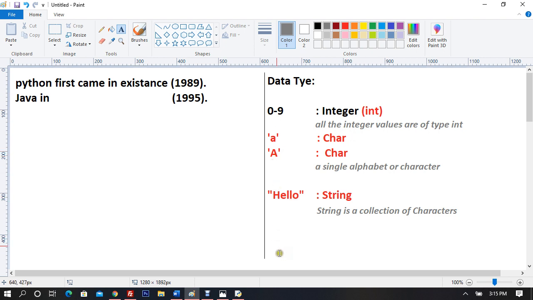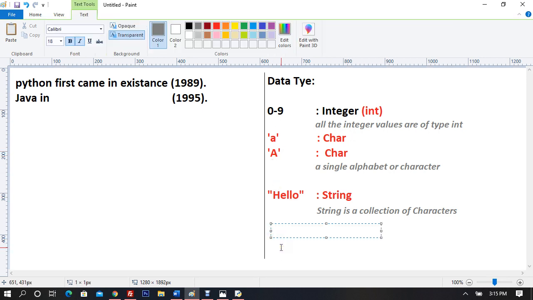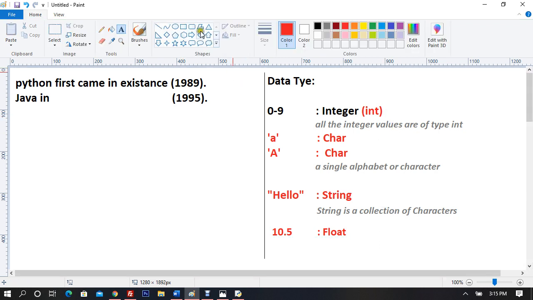Okay. And now you tell me what is this: 110.5. Dotted decimal values. What are those values which come with the dotted decimals? We call them float.